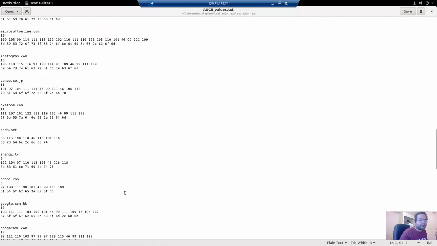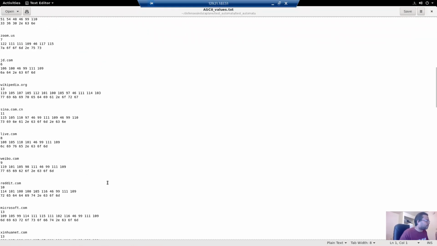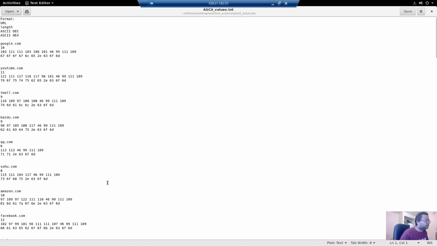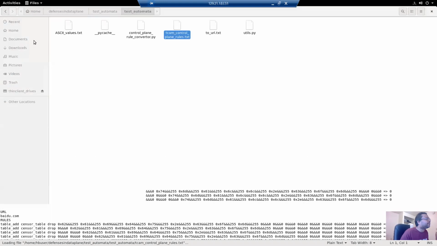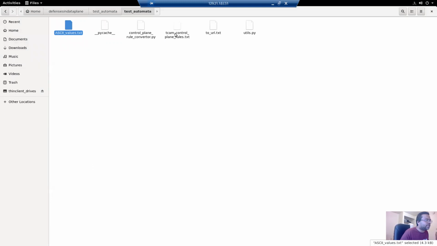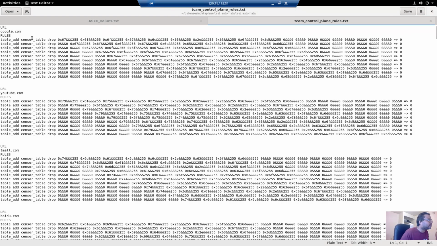The ASCII values are very important, because when you construct control plane rules, all the characters are represented using either decimal or ASCII values. So this is the temporary file that's created, and using that file you can see, for example, you want to censor google.com. Now we have parsed 20 bytes, and correspondingly you can see there will be a number of rules.